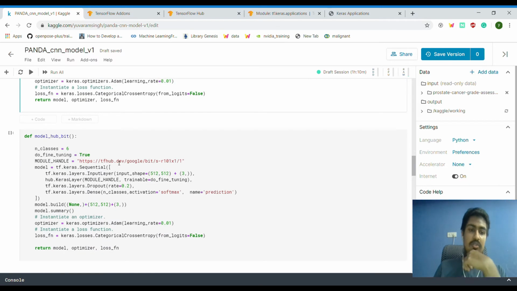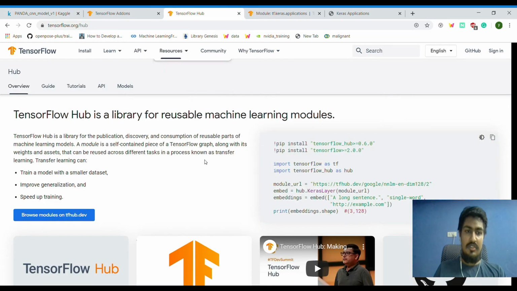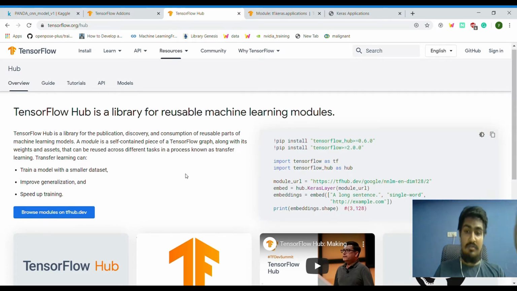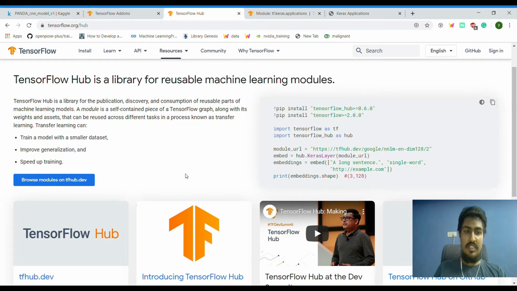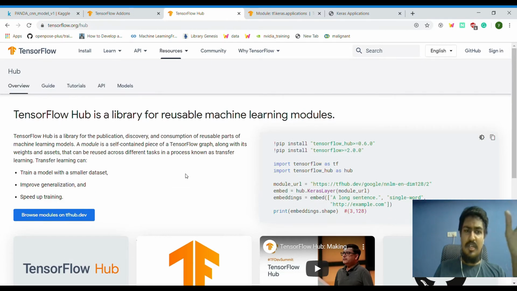Now we will talk about the TF and TF Hub side. Before going into that, I'll quickly go through this TF Hub page. Here you can find really good information about how easy it is to use, and what things you can do with TF Hub. TF Hub is, as its name says, a place where you can find a lot of pre-trained models and pre-trained weights, ready to use out of the box.